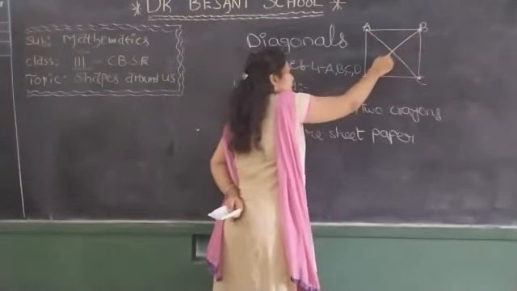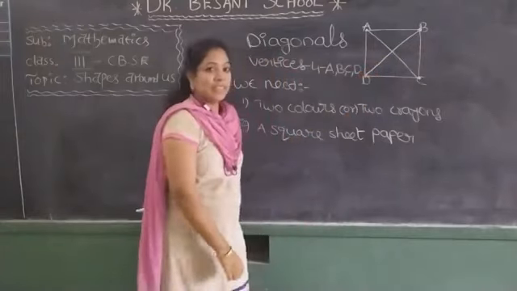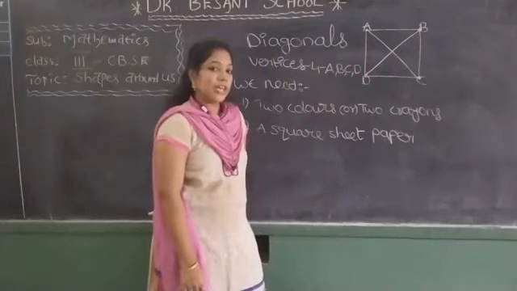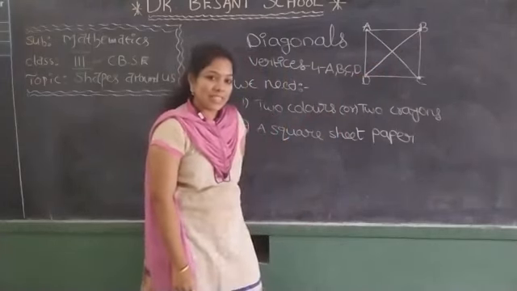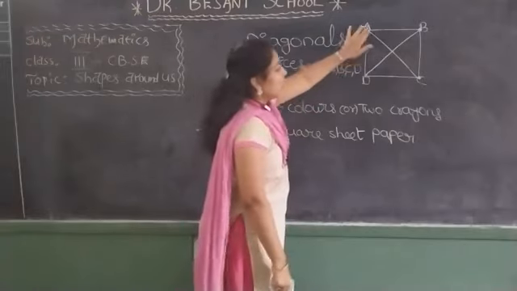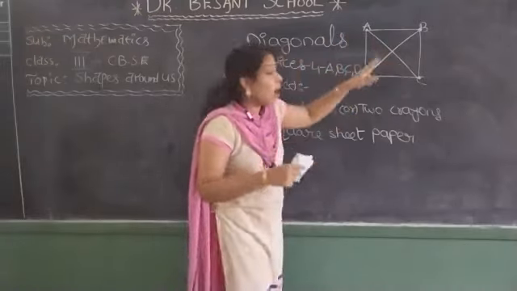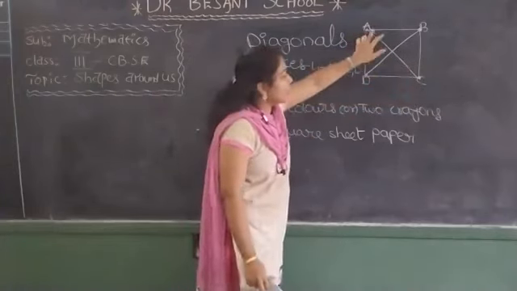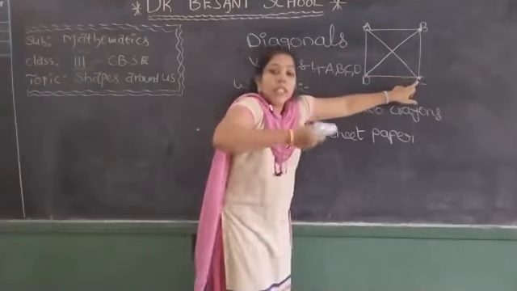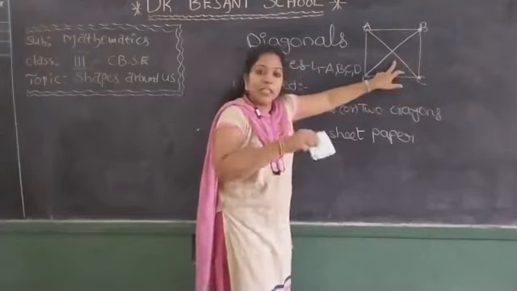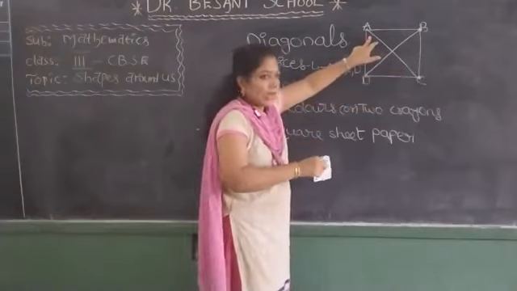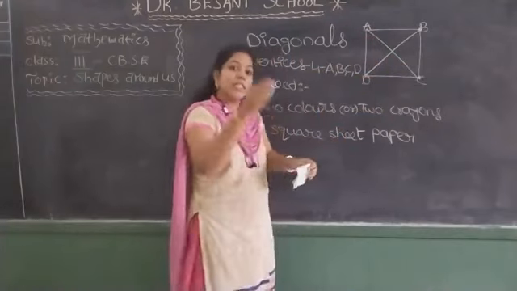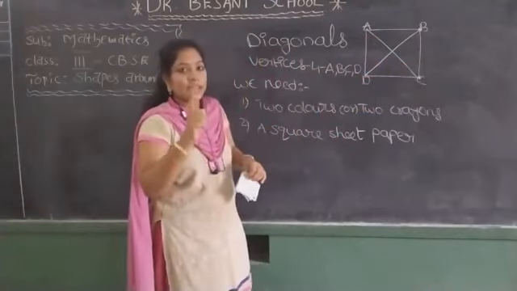These two lines only we got in the activity? Yes. Now observe these two lines. What are those? Diagonals. Diagonal means? See, observe. The line that joins the opposite corners. What is a diagonal? The line that joins the opposite corners inside that shape. That line should be inside that shape only. The line that joins the opposite corners or opposite vertices inside that shape is called a diagonal.